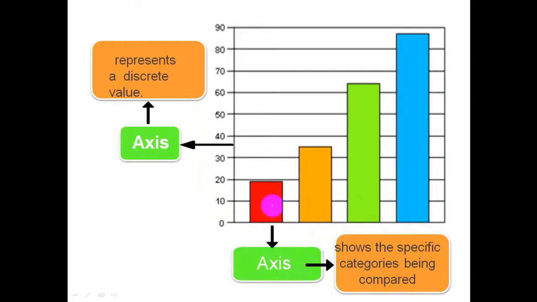So we can use different colors for different categories. Suppose the number of students having A grade is represented by red color. Suppose 19. There are 19 students who have A grade, and the number of students of B plus grade, for example, 85. So the number of B plus students is represented by this color. And similarly, this is category C grade, and this is another category, C plus grade.